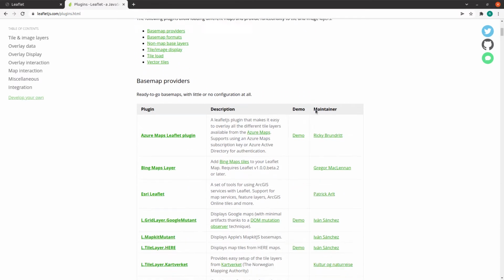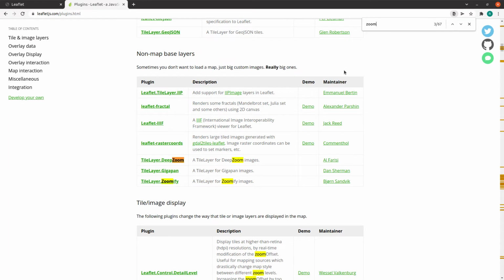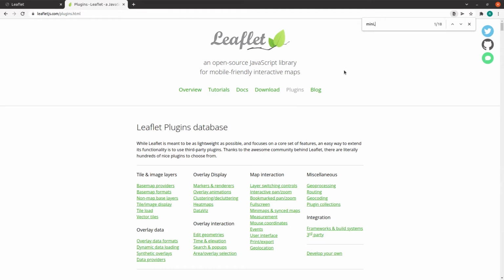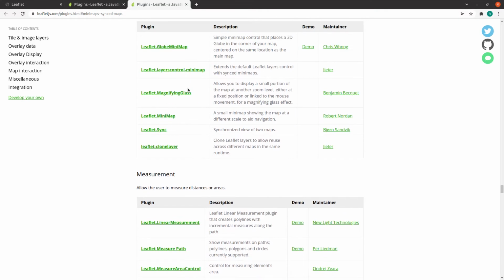If you go to these plugins, and if you are searching for something like zoom, first we can go for minimap. Okay, so here you can see the mini maps. So here you only need to use this leaflet demo.